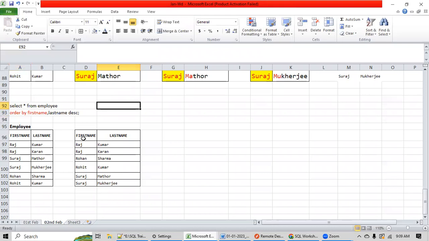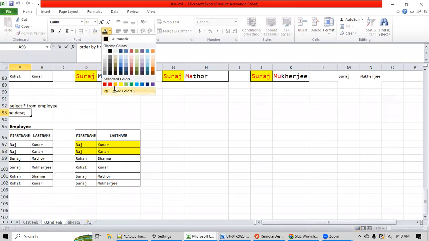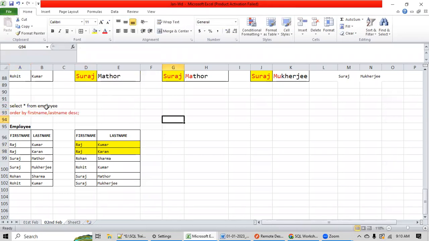is if first name is same, it means if it is conflicting here, in that case consider the last name, but this last name should be sorted in descending order. It doesn't mean that first name and last name both together are in descending order. No, this is not the meaning. The meaning of this is the last name is then sorted in descending order. So now the last name engine will check. Now K is same. So U comes after A. So in descending order, U will be displayed first, right?